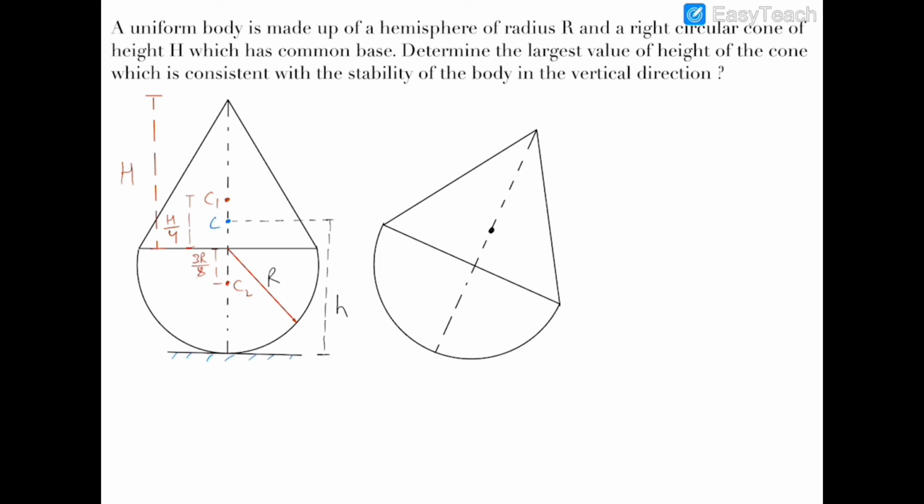If I draw this line, then I can see that if this angle is theta, this height will be h minus r. So this is h minus r,